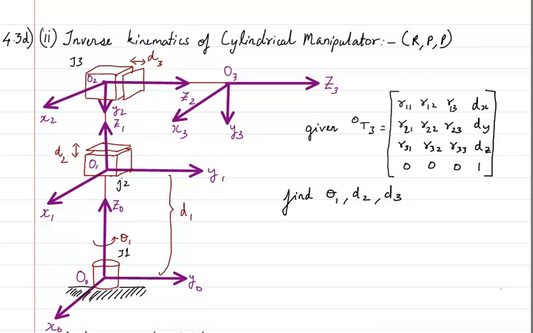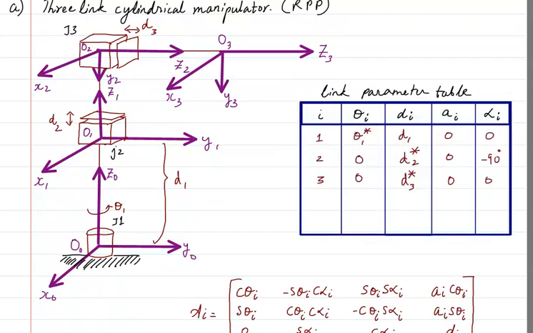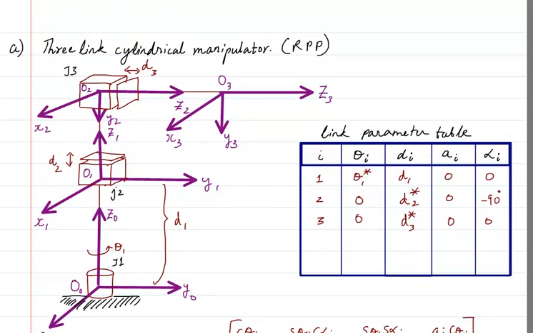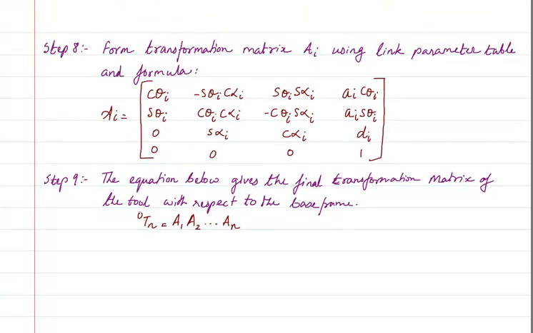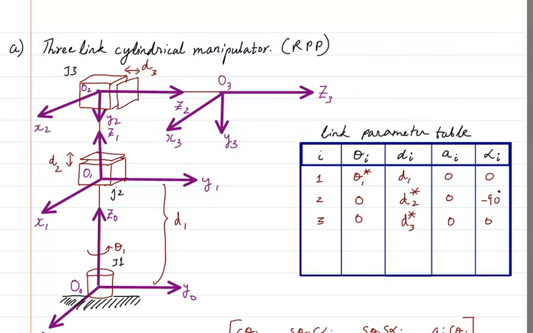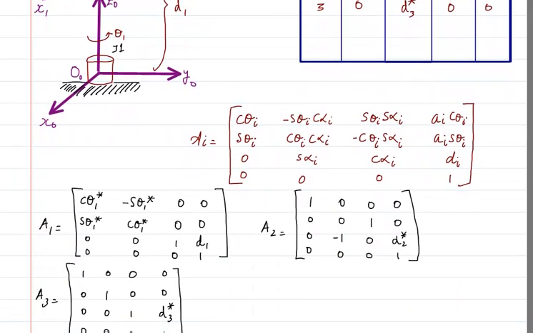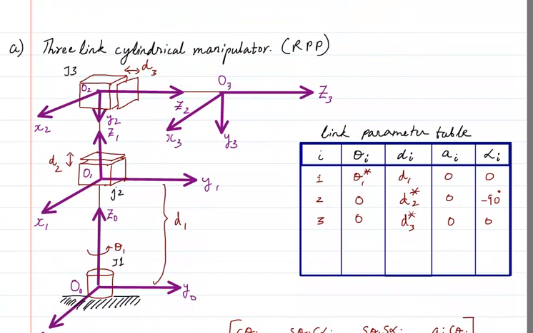Next, let us look into the second manipulator, which is a cylindrical manipulator, which has three joints. First one revolute, second prismatic, third one also prismatic. Now here again, we are taking a previous case that we have done. If you would remember, we have done the previous case in this section, which is the first question after DH, where we had actually solved this to find out what is the link parameter table and finally what is the 0T3.